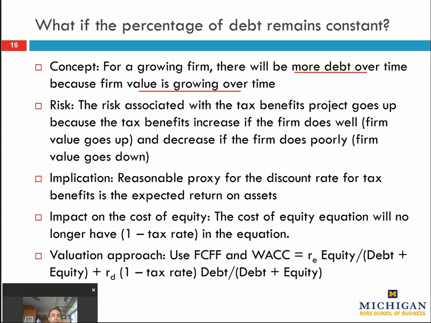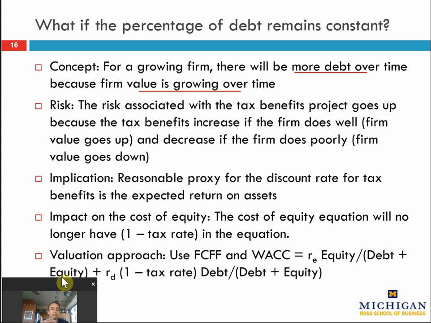There are less interest tax deductions, and therefore the present value of those tax deductions goes down. So the implication is for our borrowing project, remember I said you have to think about this as a borrowing project. The implication is that if you maintain a constant percentage of debt over time, the discount rate associated with those tax breaks, that is the cash flows from the borrowing projects, is now different. It's a riskier discount rate because the cash flows and therefore the value of the borrowing project are now moving up and down with the value of the whole business. The riskier the whole business, the riskier those cash flows.